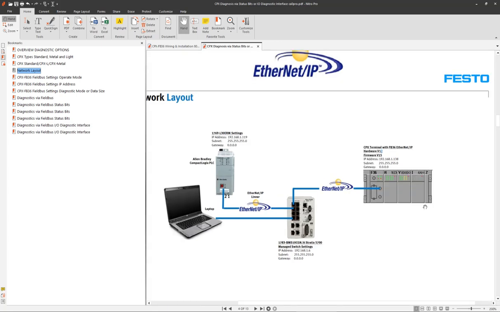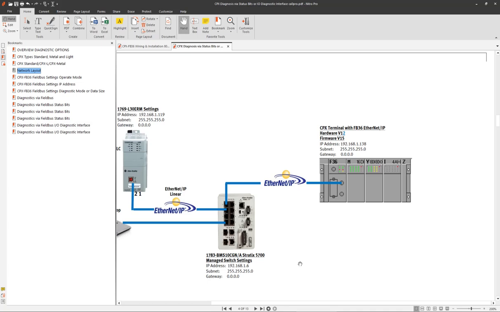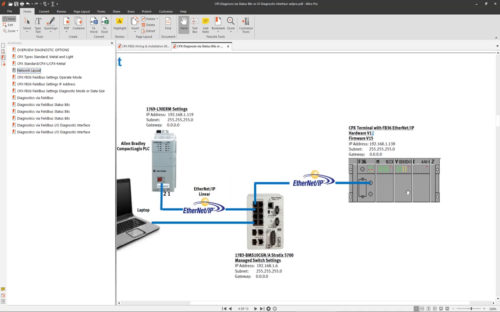Okay, if we zoom in here, this is just a picture from the software. We've got an FB36 module, we've got a 16DI, which is a digital input module, an 8DI-DO, which is 8 digital input and digital output, and then we've got a 4 analog input module. Okay, it's really important to understand that when there is a fault on a module or the FB36, more so the modules to the right of the FB36,